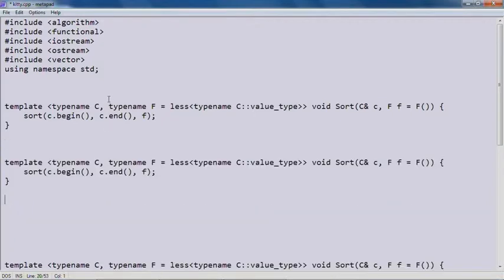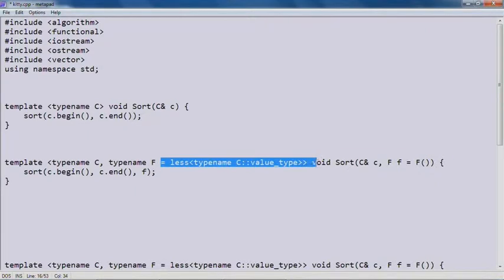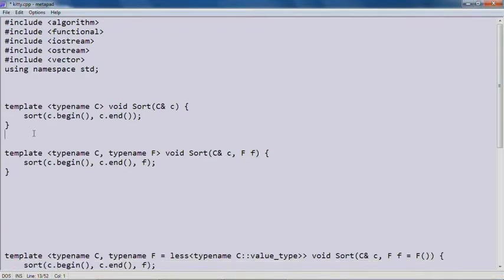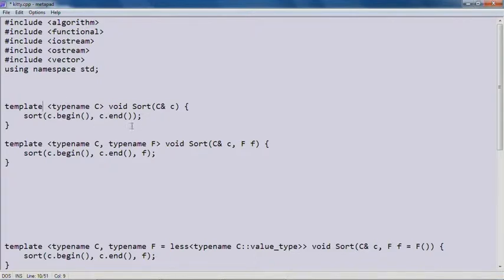I would have a plain overload that just took a container, like this, and then I would have a second overload that took a comparator, like this. And then here I wouldn't need this at all. Okay, so this would be C++03, where I would say, OK, I'm writing a container-based sort, and I'm taking some